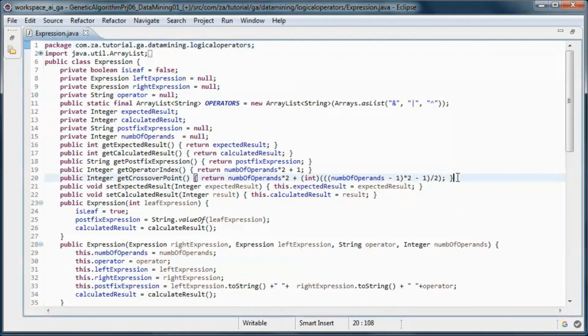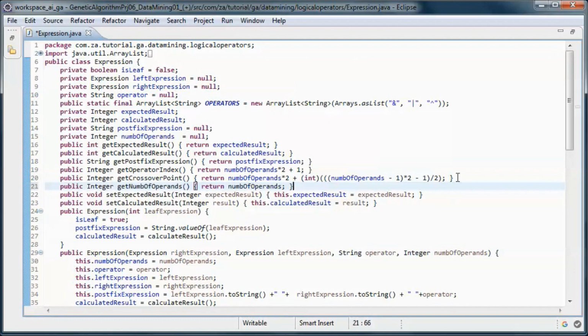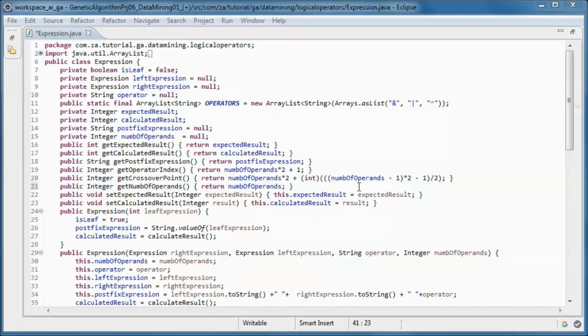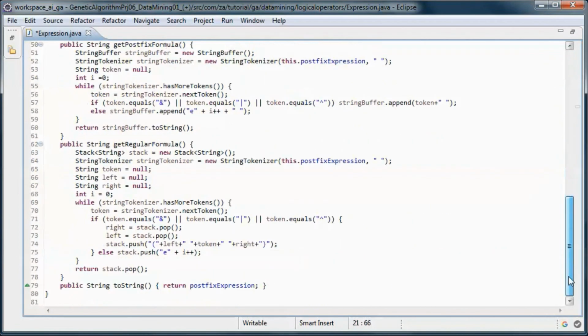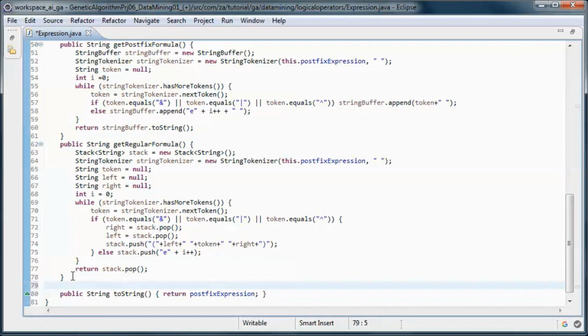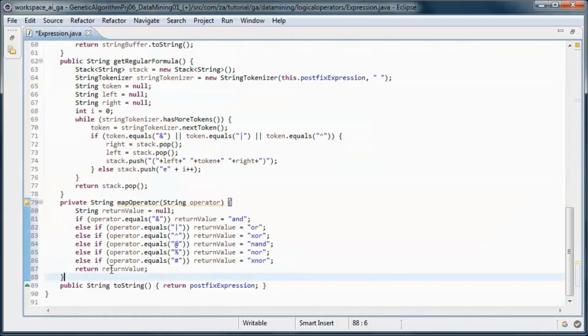And let's add this method, this get method, and this method that maps the AND operator to this character symbol, the OR to this one, and the XOR to this one.